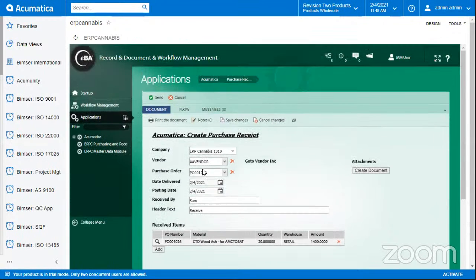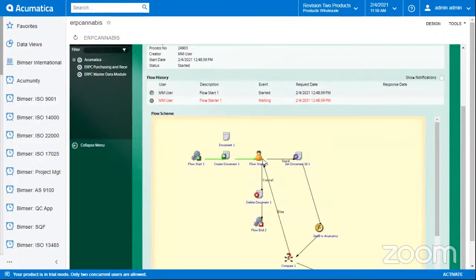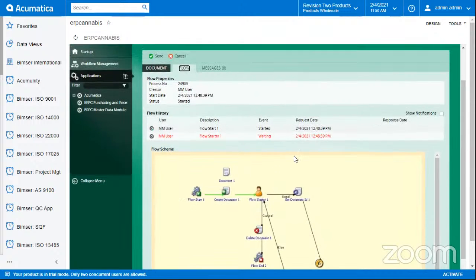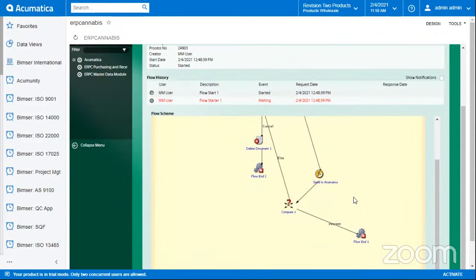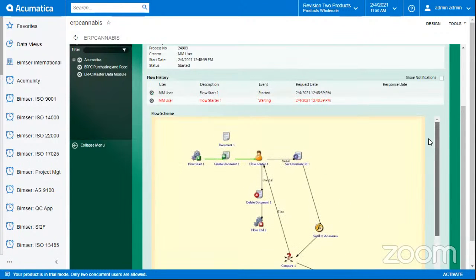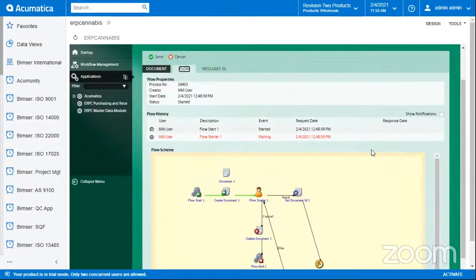Once all the fields in this application are ready, we can put this into the workflow. As for the workflow, the system will set up a purchase receipt in Acumatica, and after that, it will also be saved in an archive of ERP Cannabis.